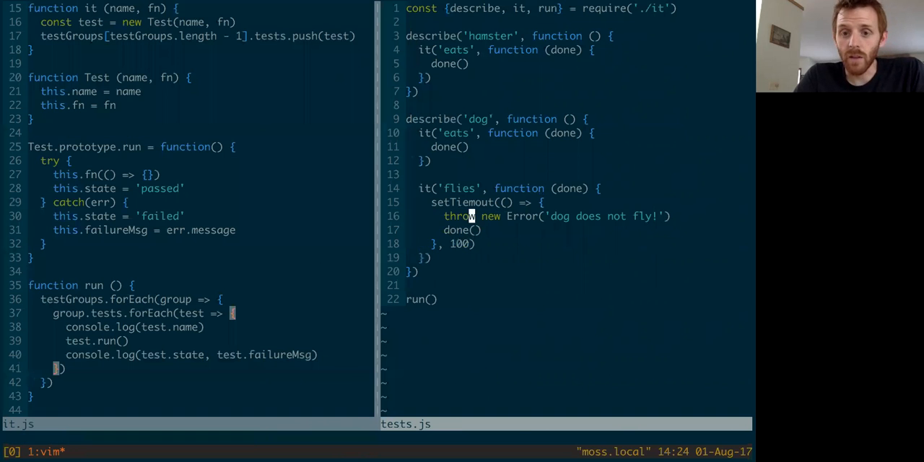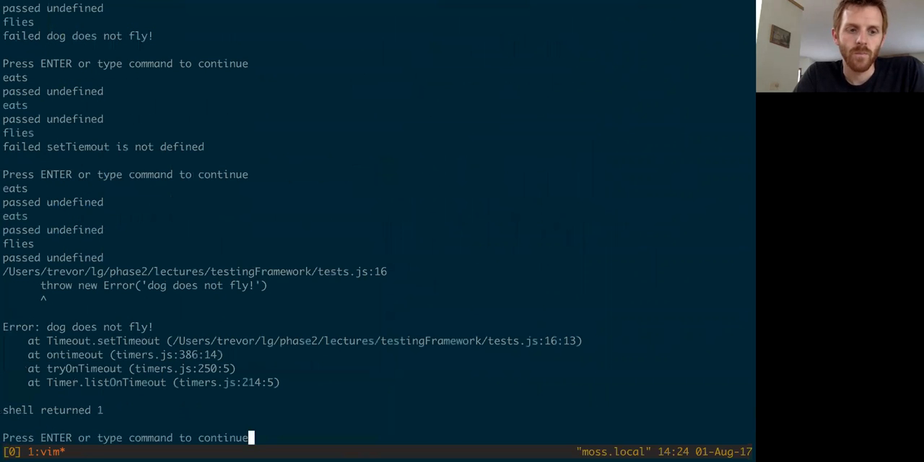setTimeout is not defined, because, ooh, that's even worse. Timeout is how you spell timeout. So now we're getting that the flies test shows that it's passed. And then later we get this orphaned error that pops up, whenever the timeout completes. We get this error about dogs do not fly,